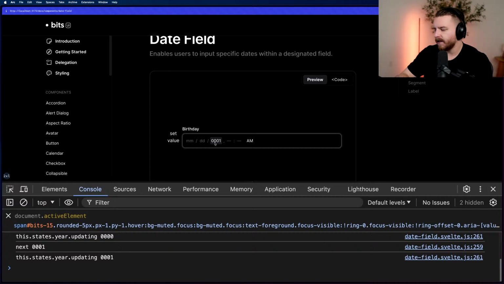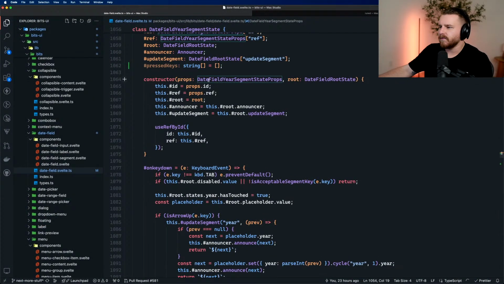And so to do that, we need to keep track of how many keys they've pressed. But then when they move focus away, we're going to reset that. So when they come back, it's like they're starting anew. If they backspace twice, we already have that logic covered. Okay, so it's really just the initial